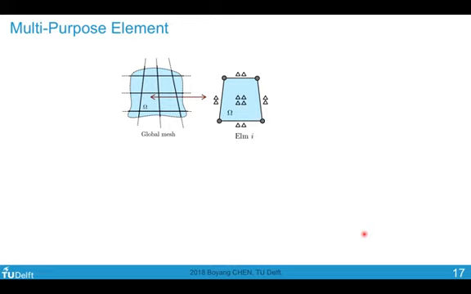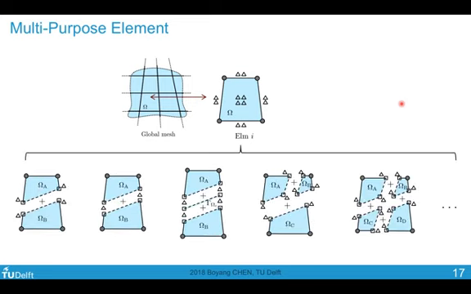And if you further extrapolate, you could think of the element as being multi-purpose. You have a global mesh, and every element is defined with pre-allocated degrees of freedom on the edges and also within the domain of the element. To be completely generic, this element could take either of these different rows, and it could change between the rows, and that is only a matter of integration, how you integrate.